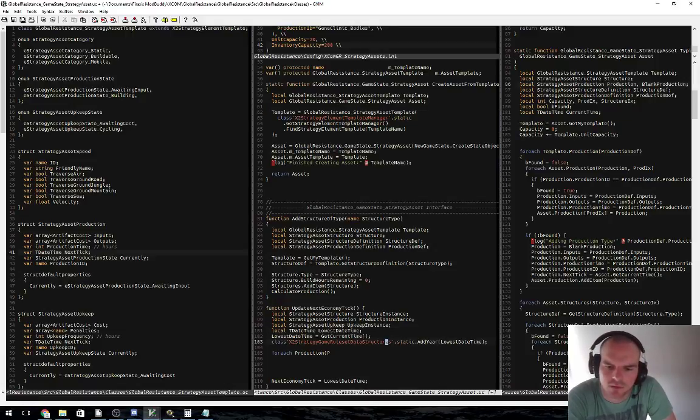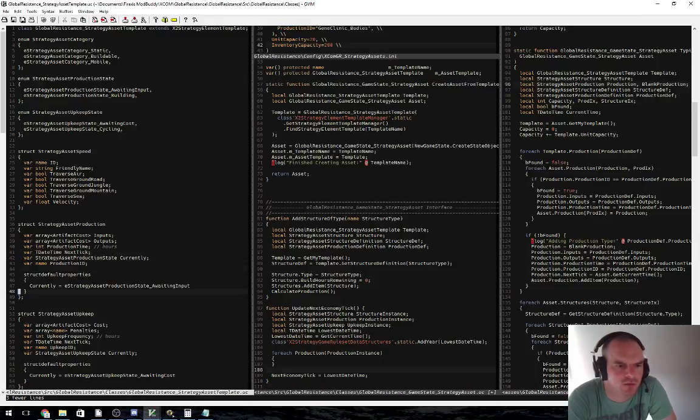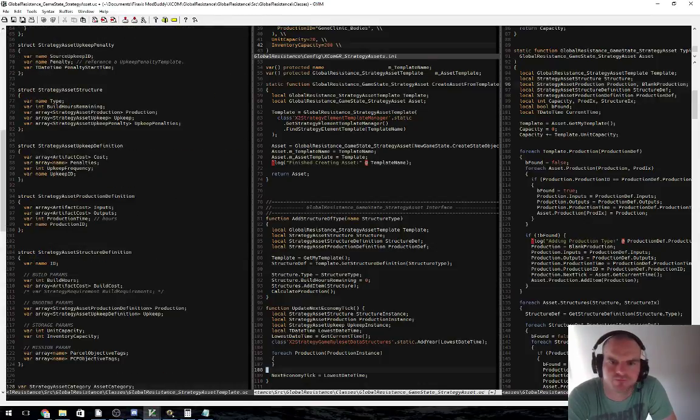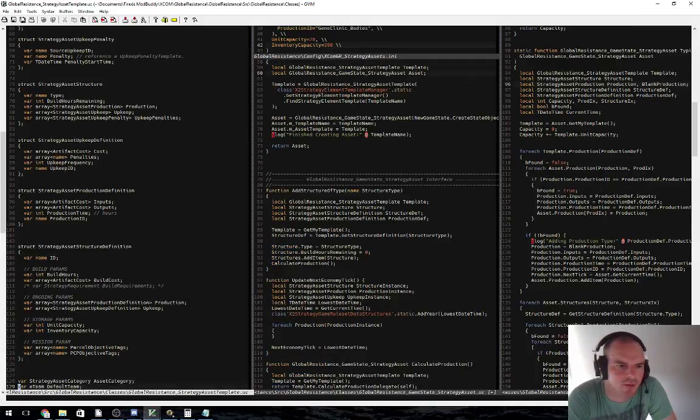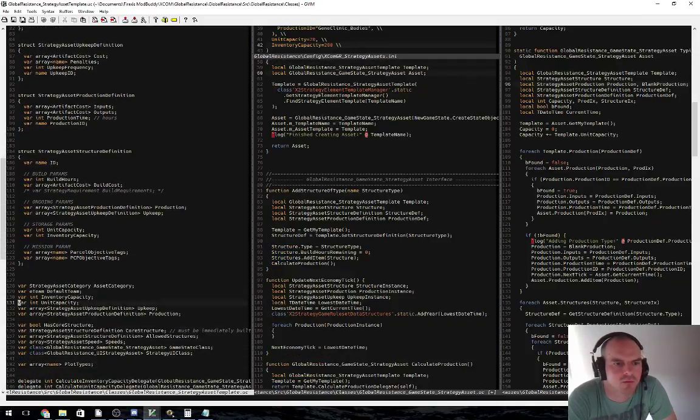Okay, instance. All right. Give me a production instance. Let's have a look at that structure again. Production upkeep, lovely. Okay, so take that and